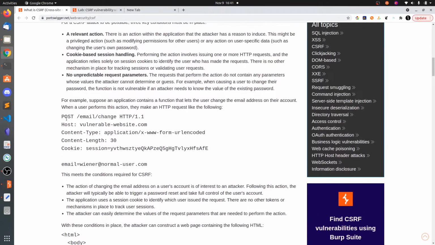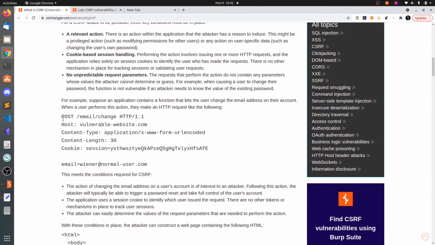So here this is the request. You can see the POST request to email change, the cookie is this session, and the email is equal to this email. So you can change this to the attacker's email. What you can do is craft an HTML form, and in that form you put automatic form submission whenever the user visits the website.